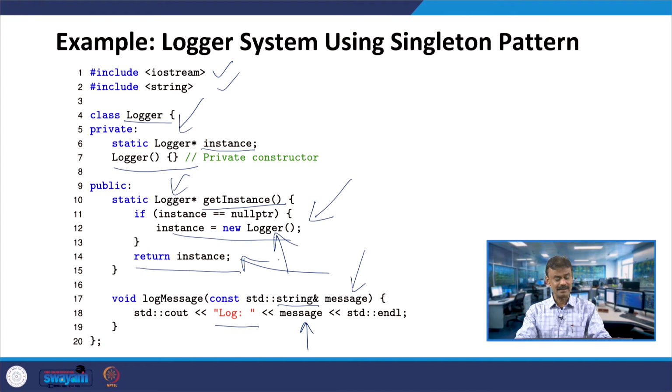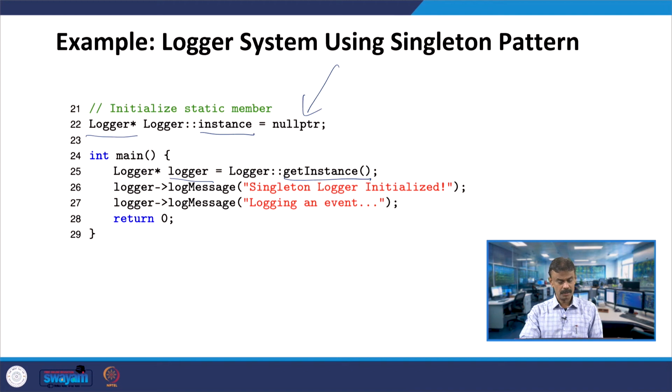Whatever be the case, if a new instance is created, it will be returned in line number 13, line number 14, and if it already exists, it will return the instance. Then logger is invoking the logMessage function.